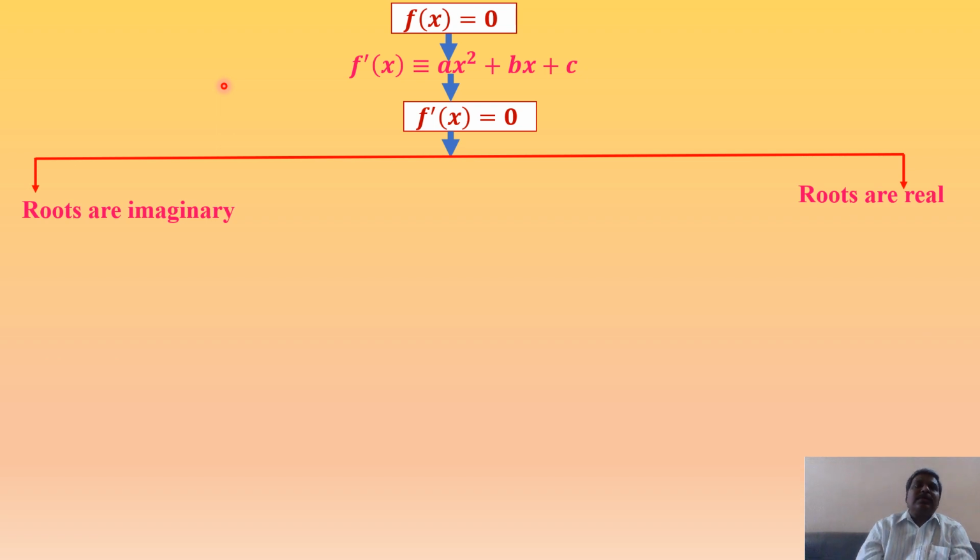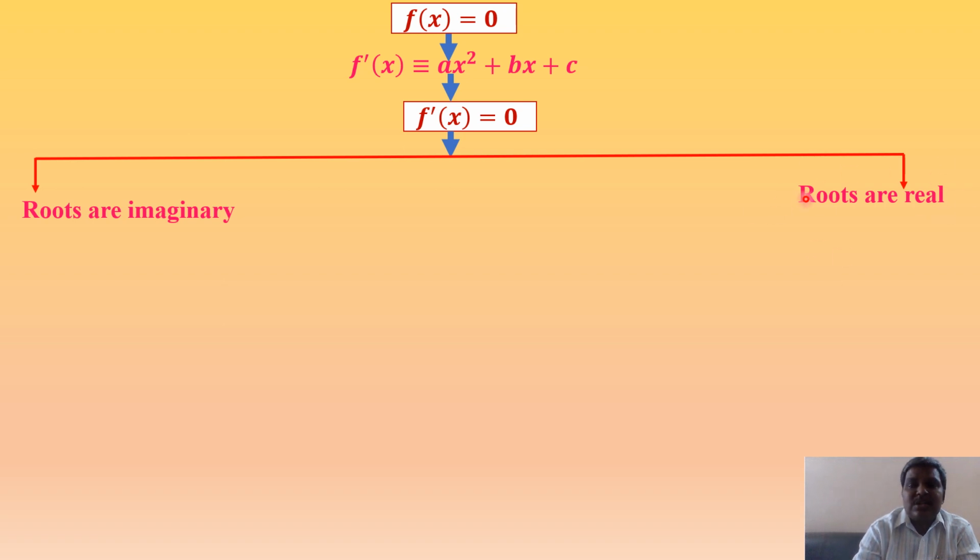So the nature of the roots is very, very important to calculate the number of normals to a given parabola through the given point. If the roots are real and distinct, there exist three real normals. If the roots are coincident, only one normal. If two are coincident and one is different, that is, two roots are real and equal and the other is real and different from the first two. Okay. So we have two conditions. The roots may be imaginary or the roots may be real. Here two cases exist. Roots are real and equal.